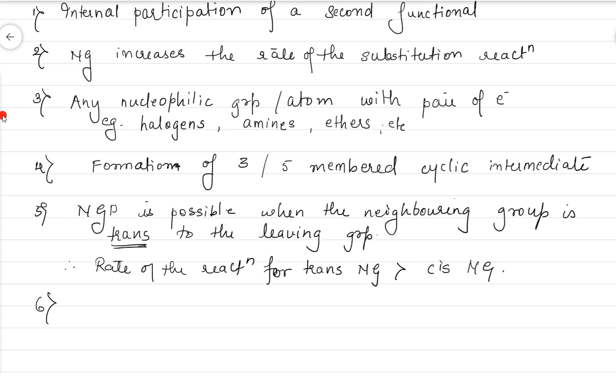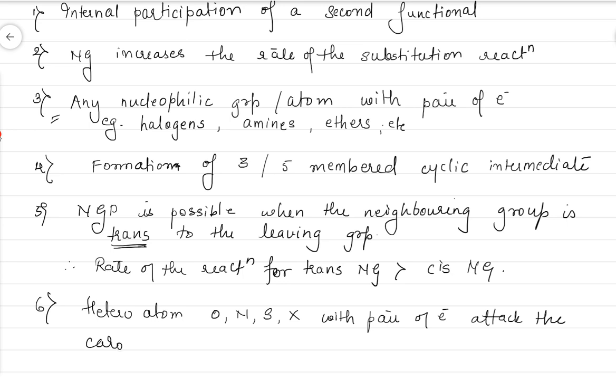And of course, as I said, what do these examples contain? They contain heteroatoms. Any heteroatom, if it is present in your molecule; heteroatom means oxygen, nitrogen, sulfur. Hetero means an atom other than carbon and hydrogen. So these are the heteroatoms. What is important is a pair of electrons, because all these atoms that we have written over here have pairs of electrons. Any heteroatom like oxygen, nitrogen, sulfur, halogen with a pair of electrons can attack the carbon. The carbon we were talking about is the carbon attached to the OH group.